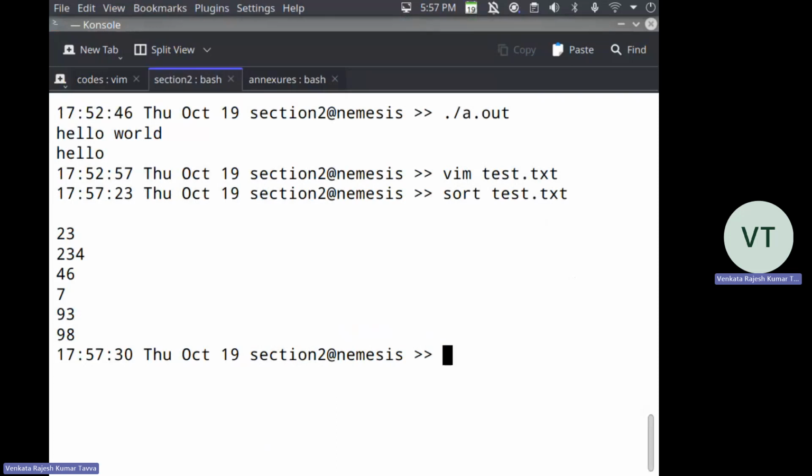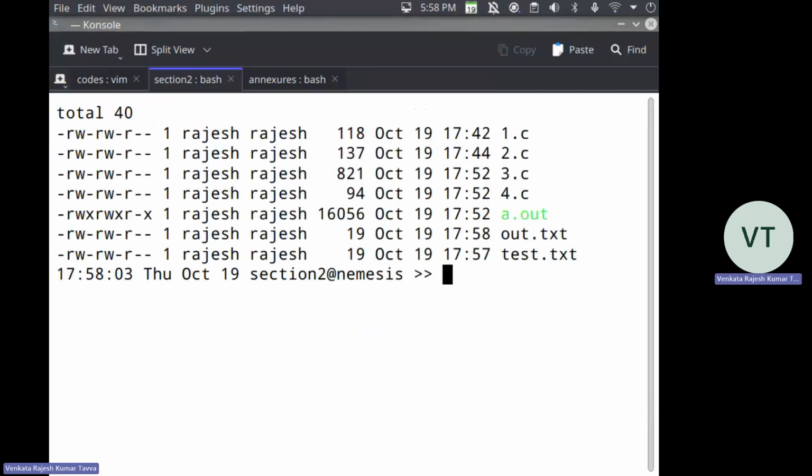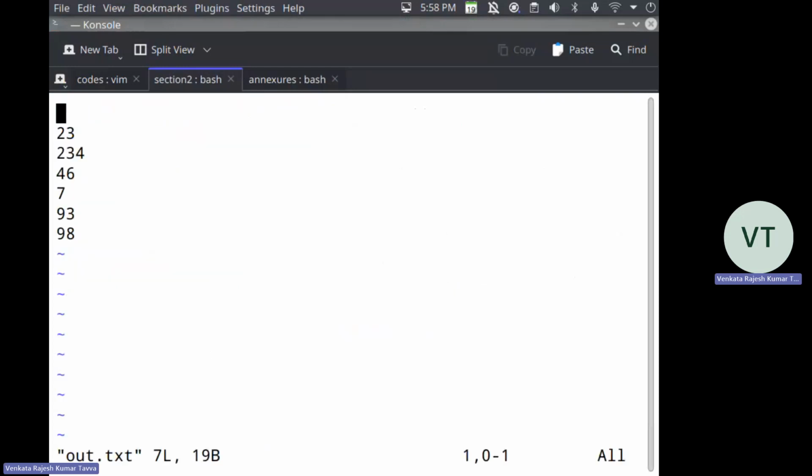Now, what is this sort doing? It is accessing the file. It is opening the file. It is reading word by word, storing them in its memory, then sorting them, and then printing them onto the screen. Suppose I want to send this output not to the screen, but to another file. All I need to do is write out.txt. So now there is a new file out.txt that is created. This will have the sorted data. You see,